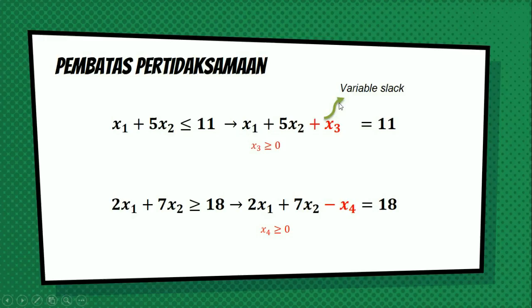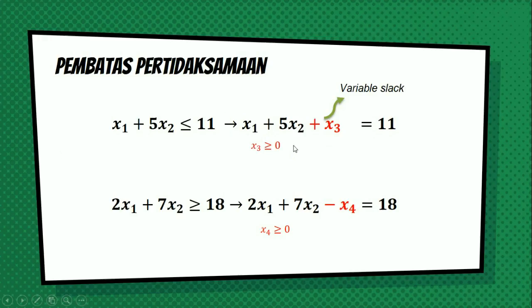For example, if there's no slack, 1 plus 5.1 becomes 6. It fits in this problem, in this symbol, sorry. But it's not fit in this symbol because 1 plus 5.1 becomes 6, which is not equal to 11. It's not the same. So we need to add a variable called slack variable to complete the